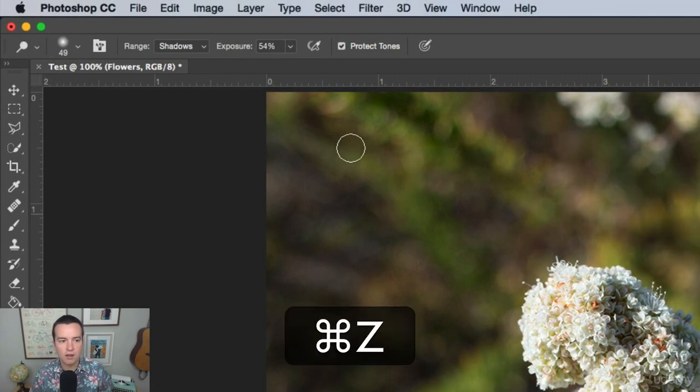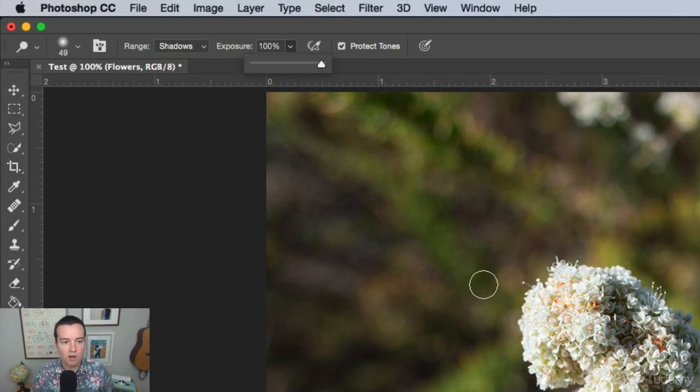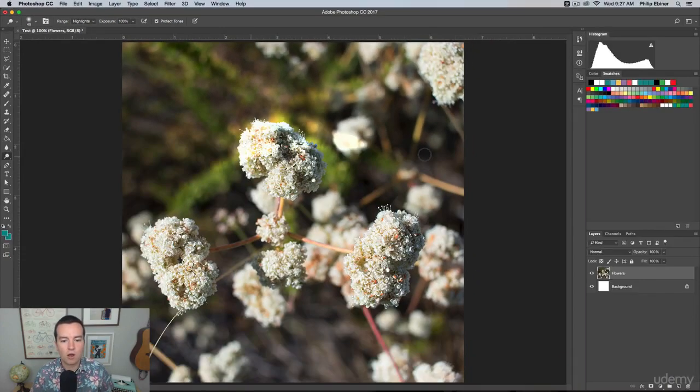I'm going to undo that. Let me set my exposure to 100. I'm also going to change the range to highlight. And now if I paint on, you can see that it's really affecting a different part of the image,